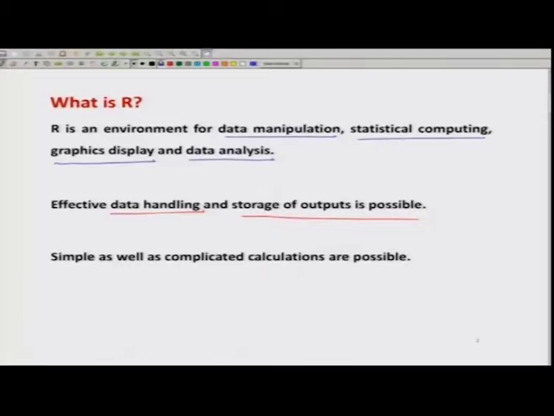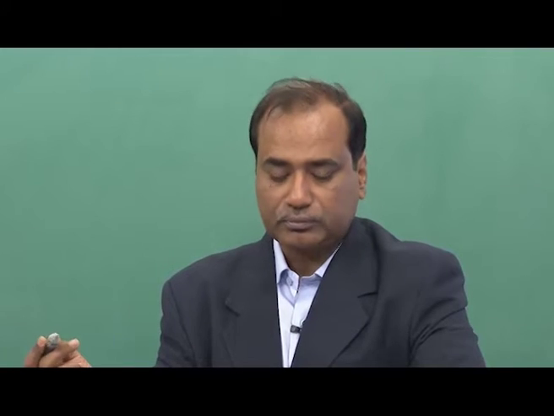In R, simple calculations are possible as well as complicated calculations, and it is not difficult. Mathematical calculations like addition, subtraction, vectors and matrices, everything is possible just like in any other good software.